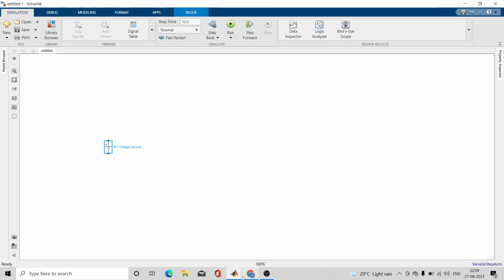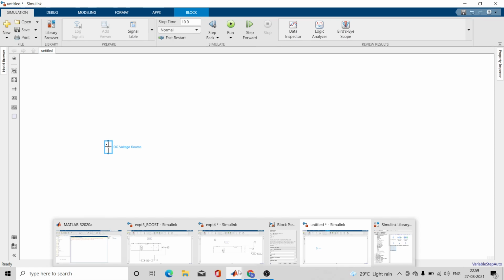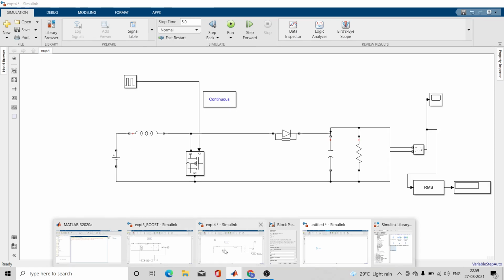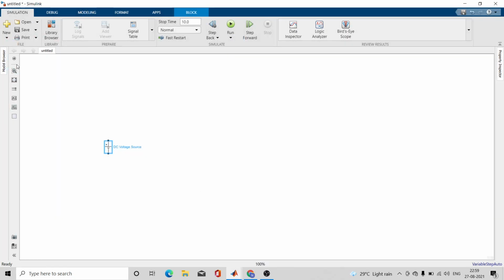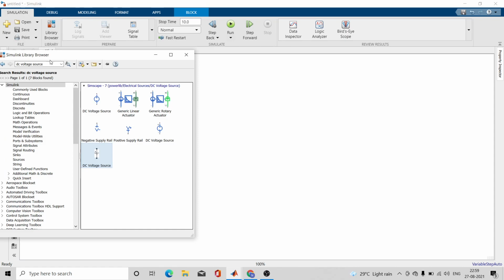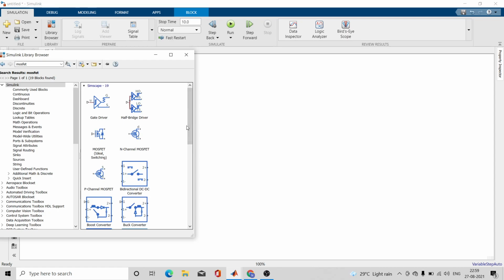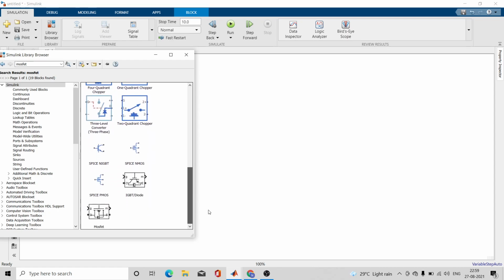Similarly, take other components that you will require. As you can see in the diagram, you can easily understand what components you require. I'll quickly take the components. Then I will require a MOSFET. You have to take this MOSFET, right click on it, and it will be added. Then I'll require a pulse generator, because this is a controlled switch, not a mechanical switch.